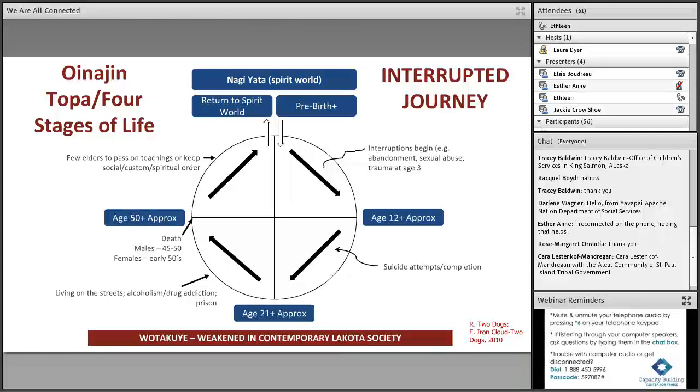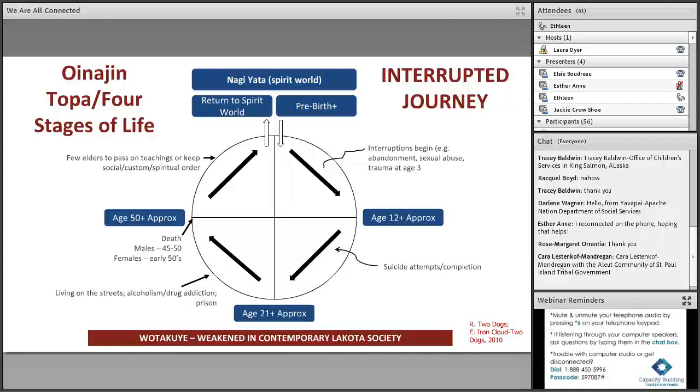So a lot of these teachings are not given, and these things are not passed to the child while it's still in the womb to the first stage of life. This has led to a lot of suicide attempts among our young people, because by the time they reach the age of 12 and a little beyond, they realize that these traumas are affecting their life, and trauma affects their life in the sense that they don't have a will to live. So we have 3 times the national average on suicides among our people.